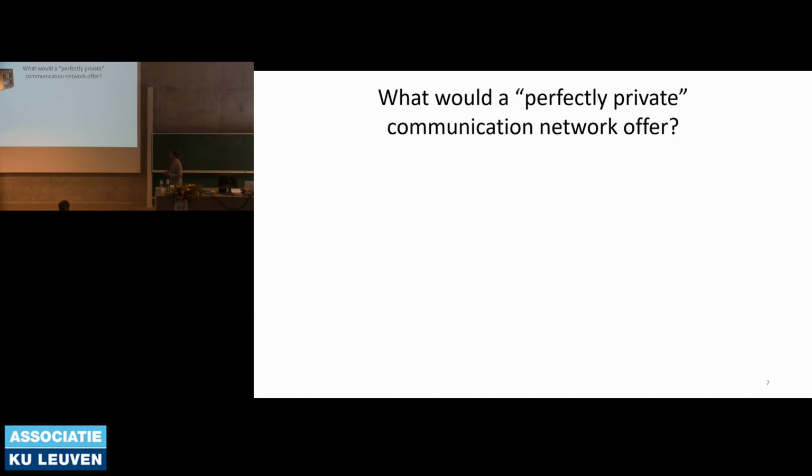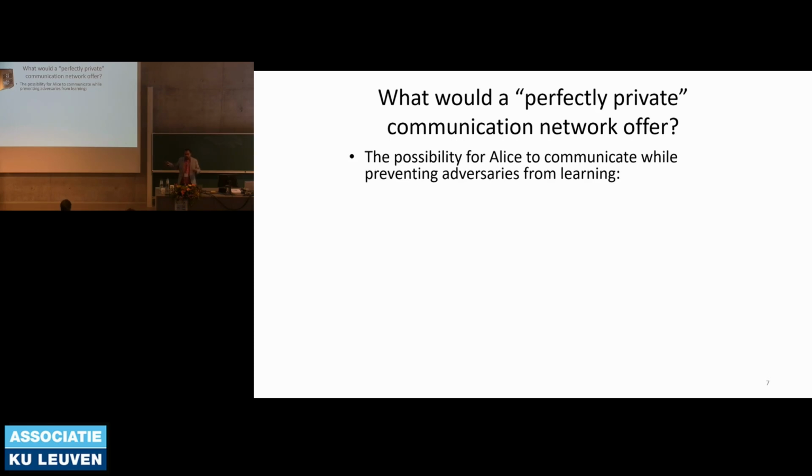And then the question comes to our mind: when you want to make a communication private, what does it mean? What properties do you expect from the network? Is anonymity enough, or do you need more? Or what exactly do you need? So ideally, suppose Alice wants to communicate to someone, Bob, and then what would Alice like to hide? Of course, what she is saying, that is the confidentiality of messages. Who she is communicating with, sometimes that is important. That is what we are considering when we are talking about anonymity. Most of the time, sometimes it's slightly more.